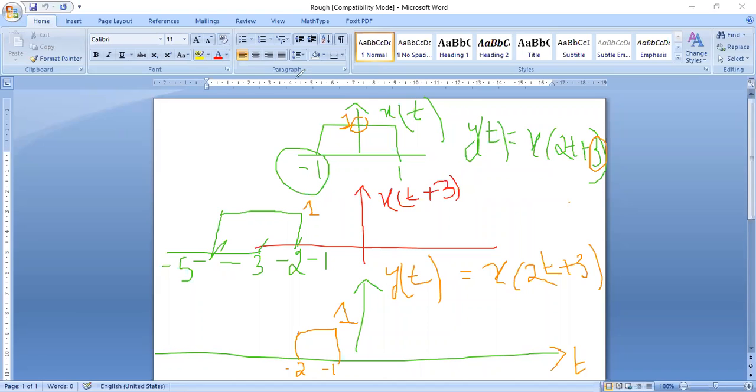I should think of it as t only, because I'm not solving scaling now. I'm solving only shifting. So concentrate only on shifting. You should now solve x of t plus 3. So I have x of t in the question, and I want x of t plus 3. Plus 3 means I have to move 3 times towards the left hand side.